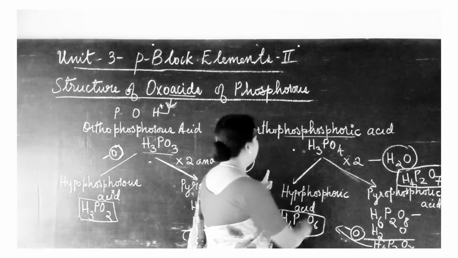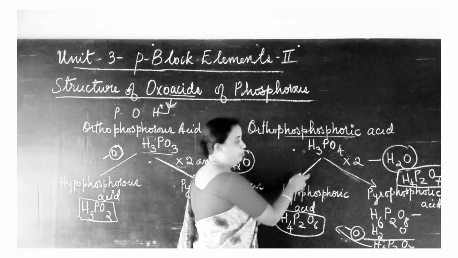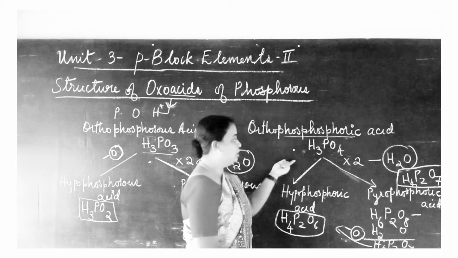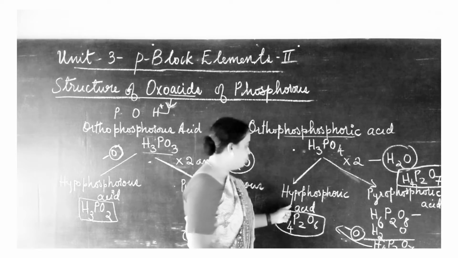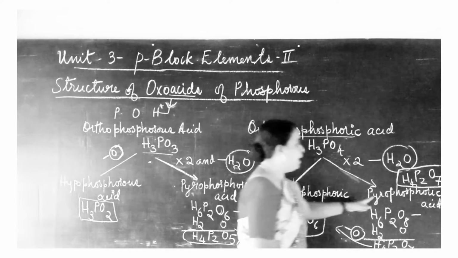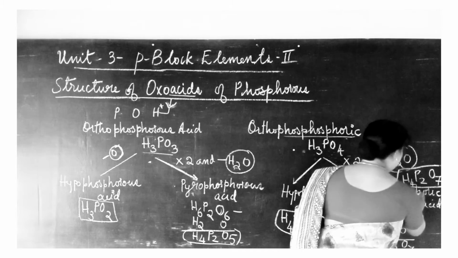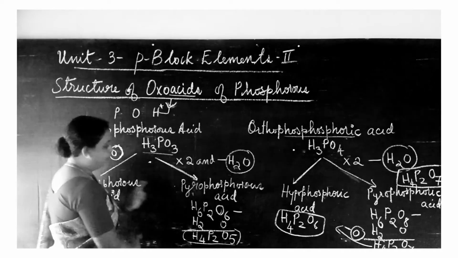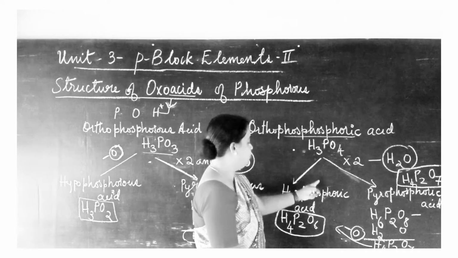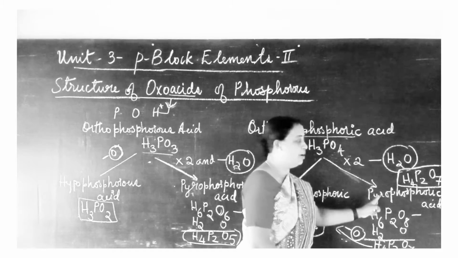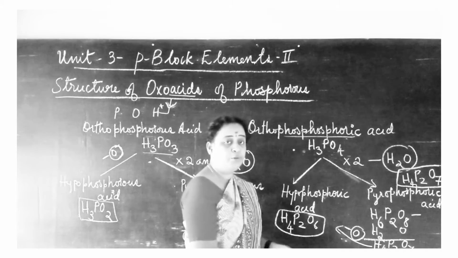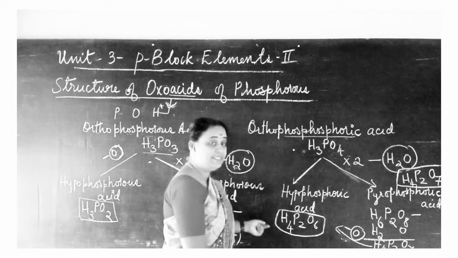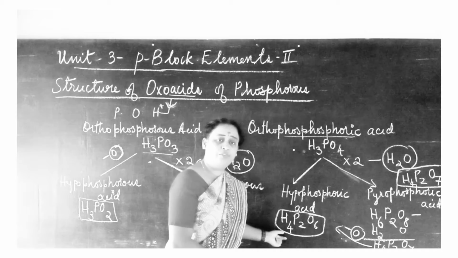Now likewise here also the basic acid formula is H3PO4, that is orthophosphoric acid. Again, based on orthophosphoric acid, it is categorized into two, hypophosphoric acid and pyrophosphoric acid. So it is easy for you to memorize the concept. Here hypo, here pyro, and even in phosphoric acid also hypophosphoric acid and pyrophosphoric acid. So there is no chance for you to forget the names of these oxoacids, and it is easy to write the formulas too.